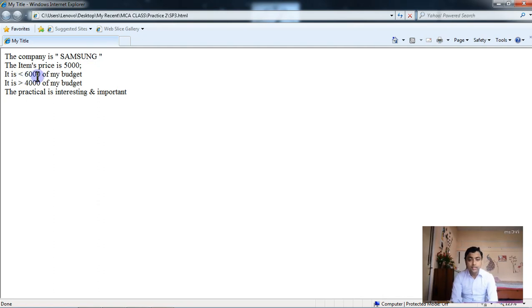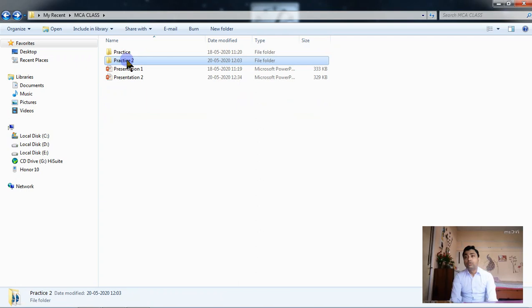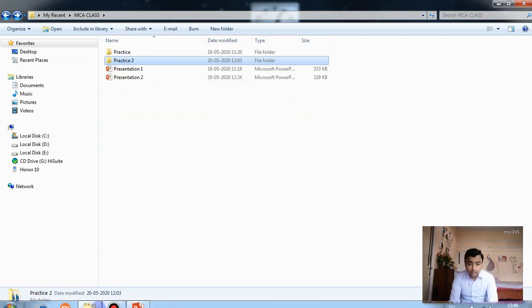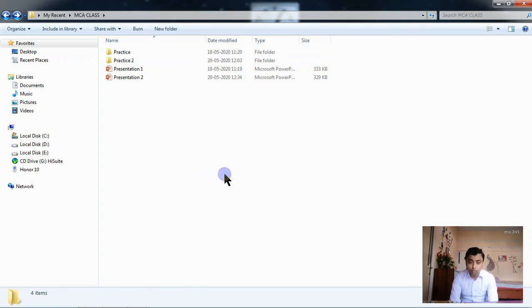It is less than 6,000 of my budget. It is greater than 4,000 of my budget. The practical is interesting and important. These symbols have been created by using the number codes in the HTML file. So this was about the special characters that I have used inside the HTML document.